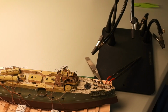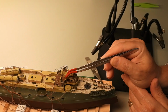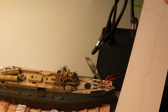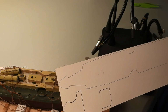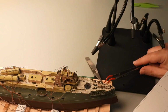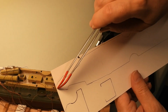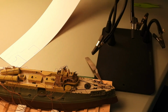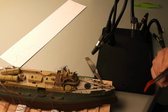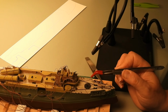For this one, I did a combination of the two methods, the same way I did for this one. I mean, if you remember my shape here that I drew on paper a long time ago, I tried to do my best, starting from here and going this way and bending it on the side as well as I could, and of course it wasn't perfect. And then I start to install it here, and I start gluing it in place,